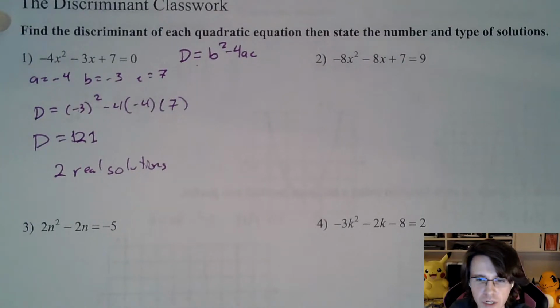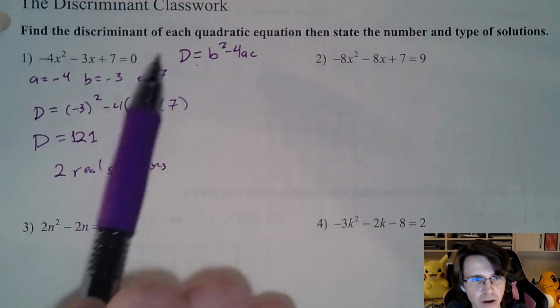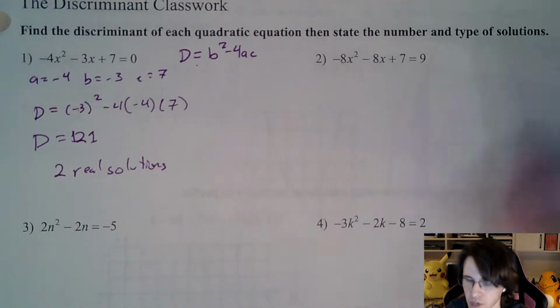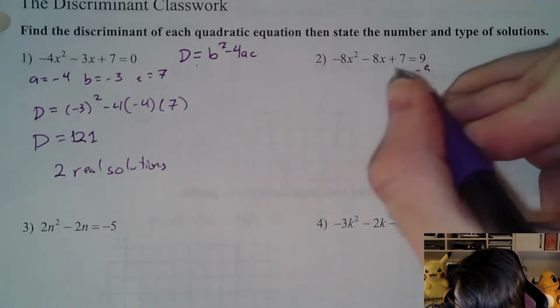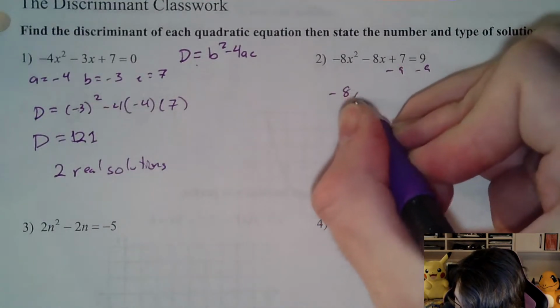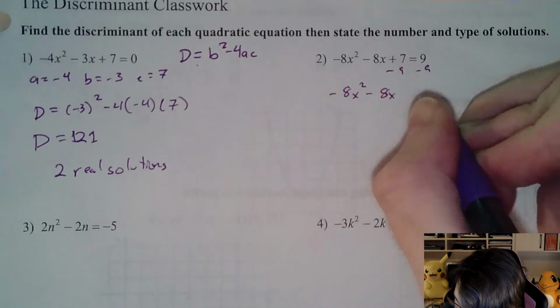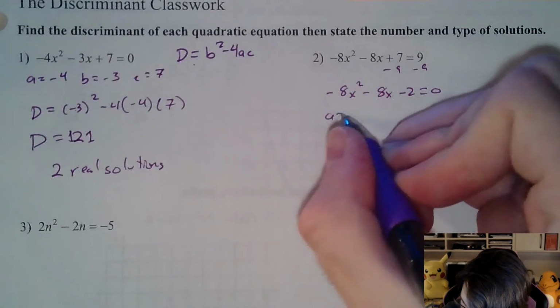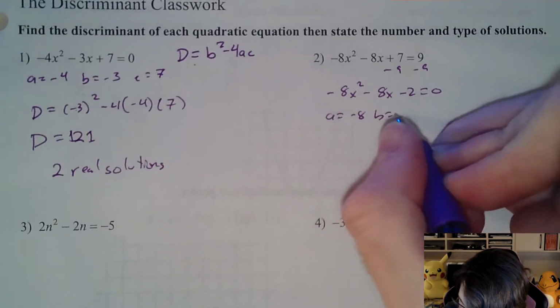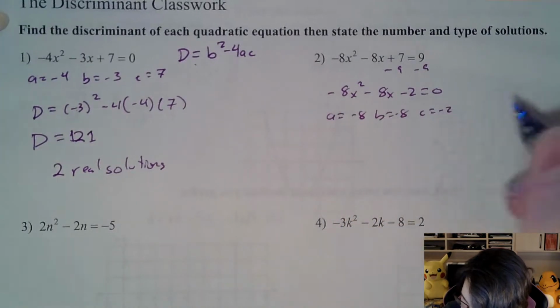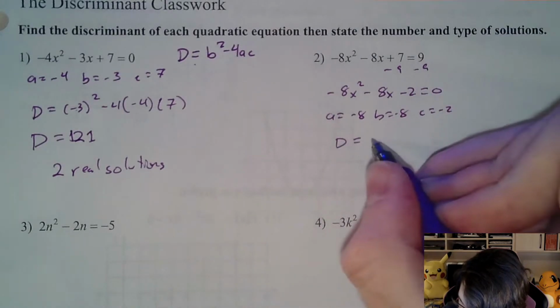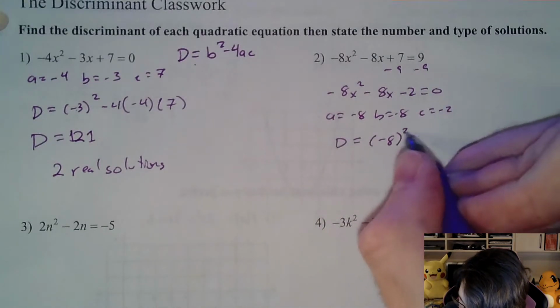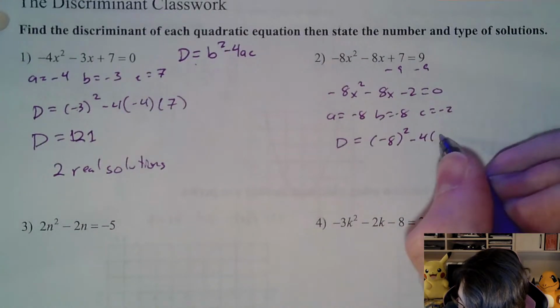So number 2 isn't quite set up correctly yet because we don't have the equal to 0 over here. So we're going to have to start by subtracting 9 on both sides of the equation. So we're going to get -8x squared minus 8x minus 2 is equal to 0. And then after that, we can actually do the question. A is -8, B is -8, C is -2. And therefore, D is equal to -8 squared minus